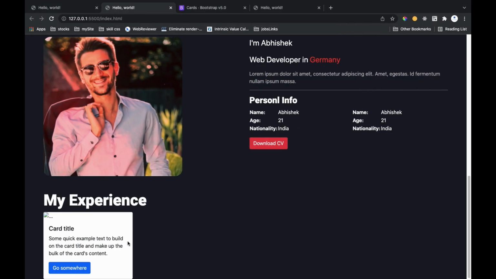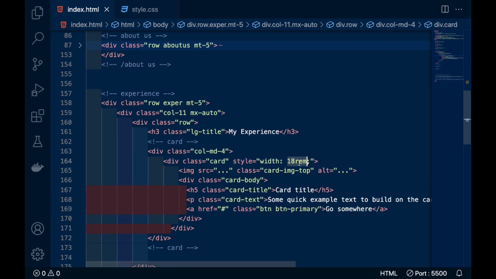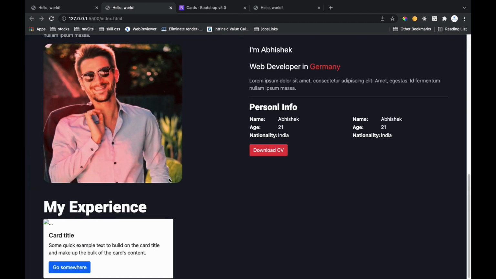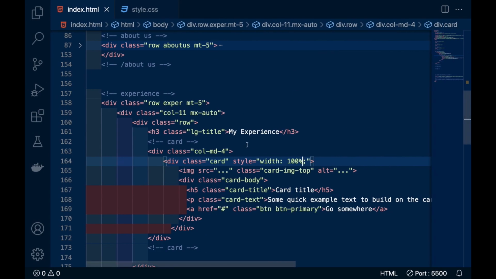The layout is ready, and we have to use three cards here. The width defined here is 18rem, but we have to take its width as 100%. So if I do 100%, you see the width of the card has increased.